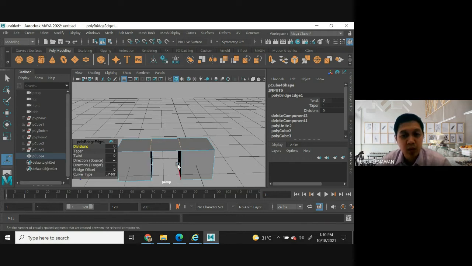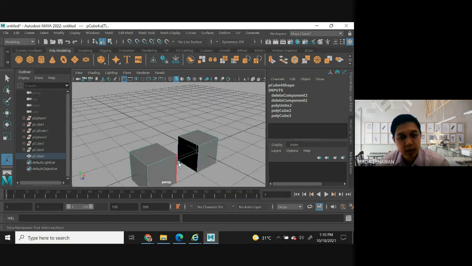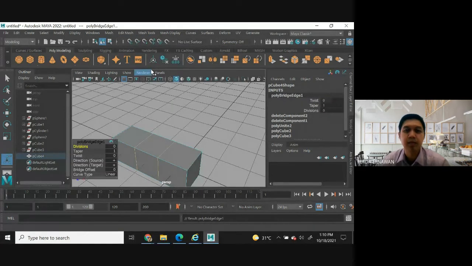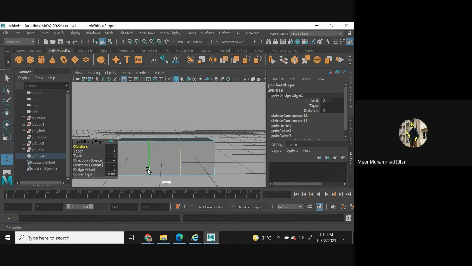You can do one by one, or you can do it for the whole. Example, I select this, I select this, I select this one. 4, right? This one and this one. Okay, and then Edit Mesh, Bridge. So this is the basic in 3D Maya, and you will use it many times when you create any 3D models. Bridge, bevel, extrude, and so on.